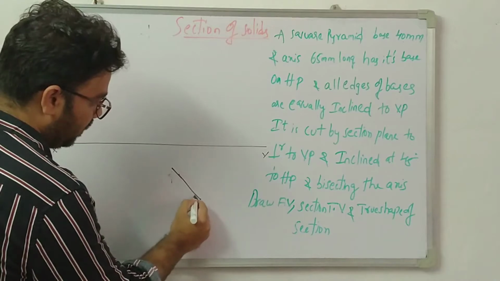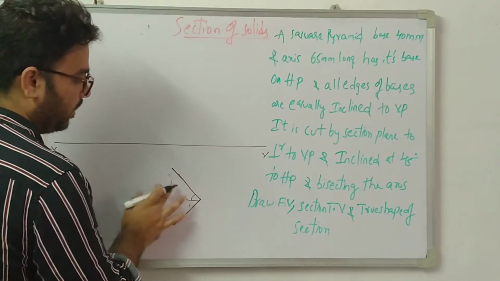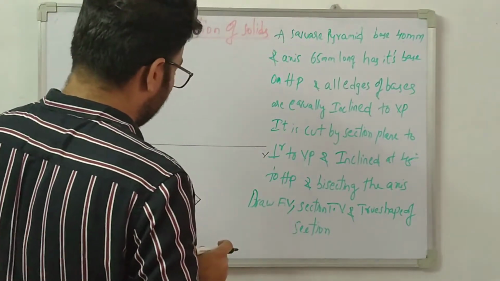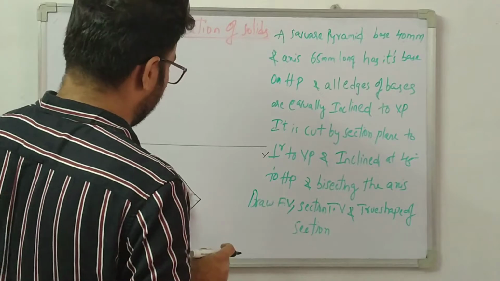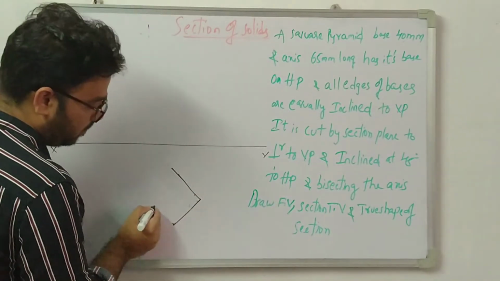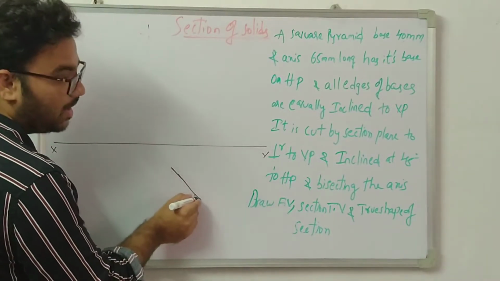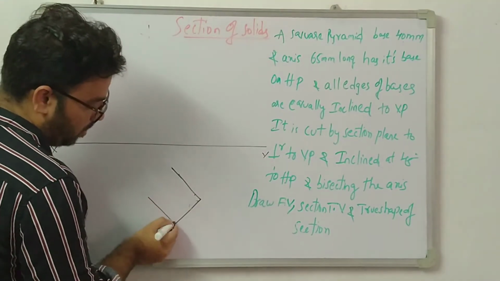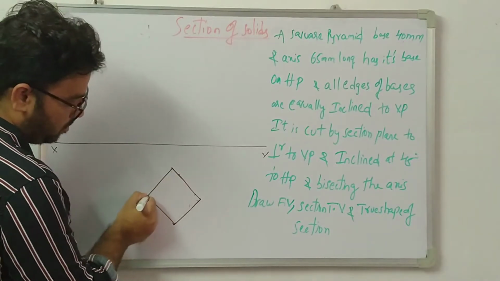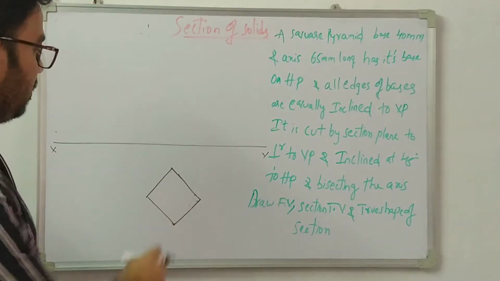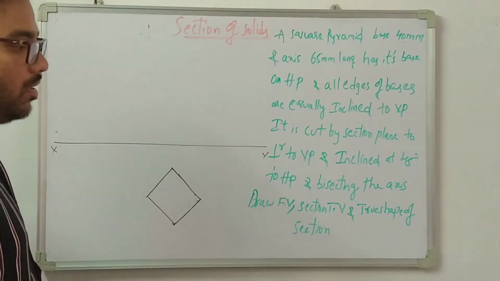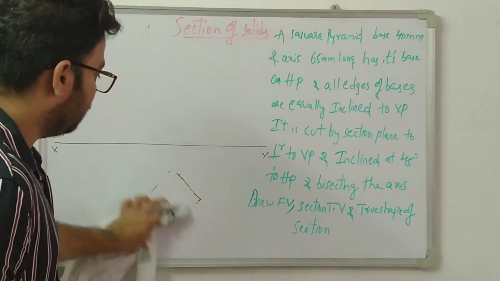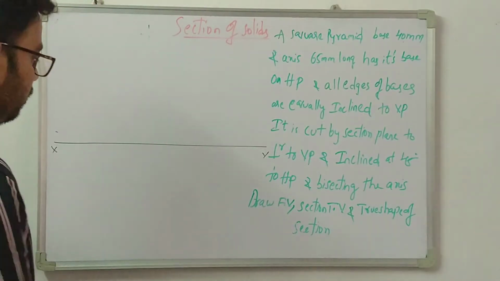So what is this angle? This is 45 degrees. What is the angle? This is 45 degrees. Now from here onwards, whatever the length is, 40 mm, we have to shift here in your drafter. Similarly, join this line. You got this shape. This is an equally inclined shape. Now, better to draw in a bigger size, because it's very small.